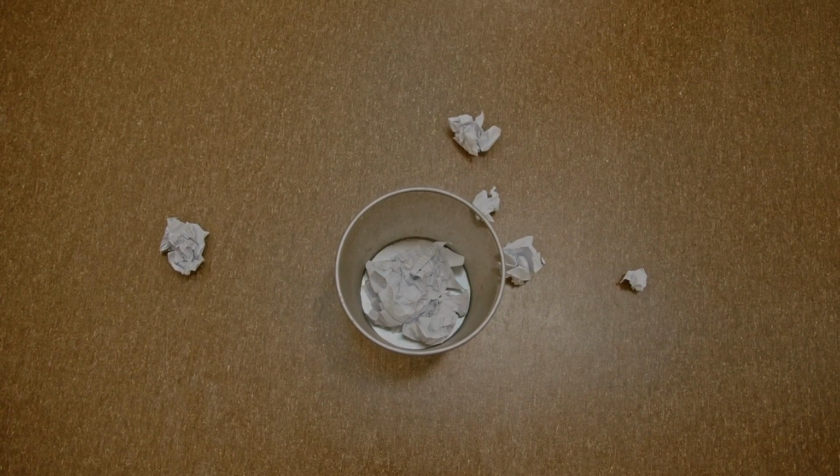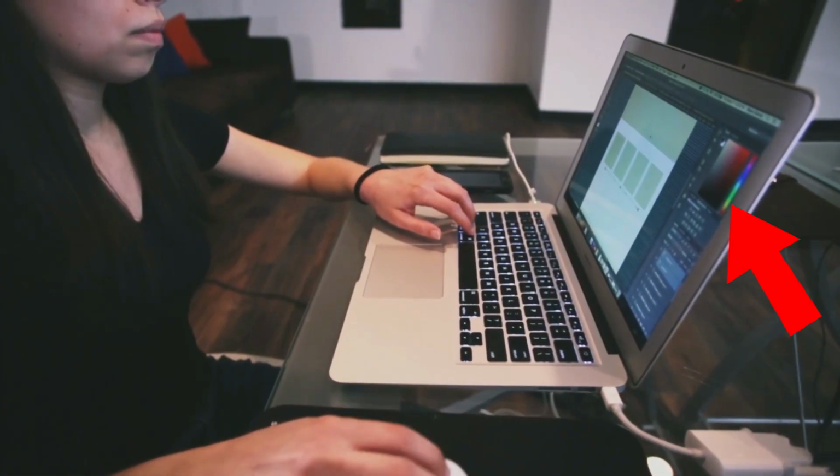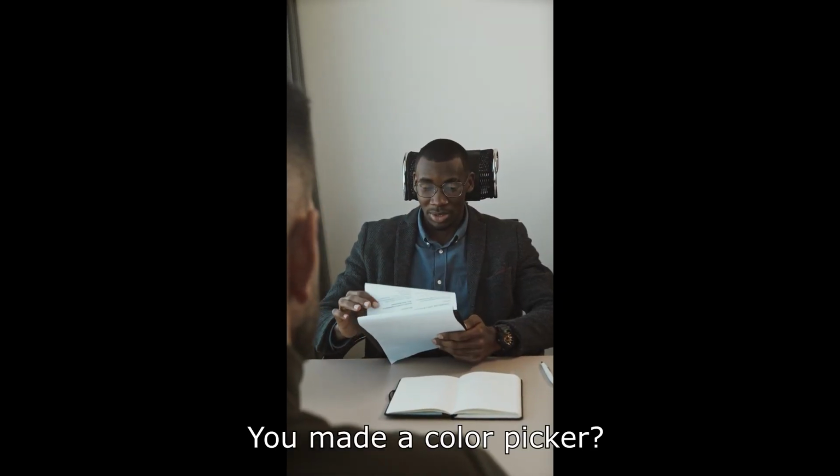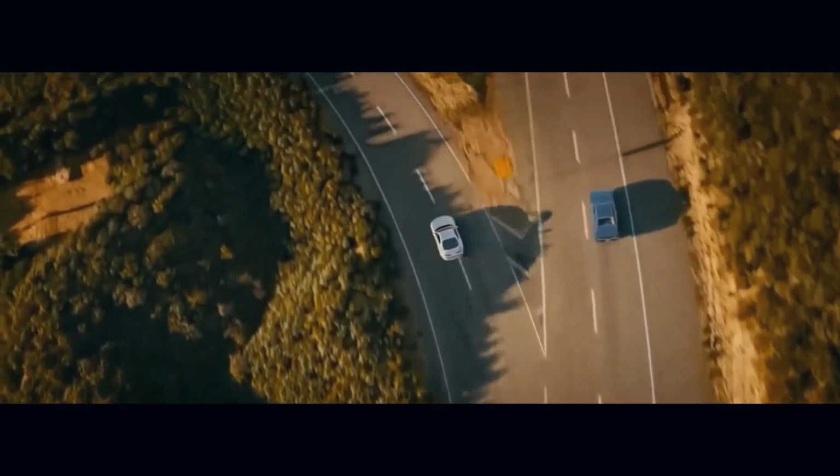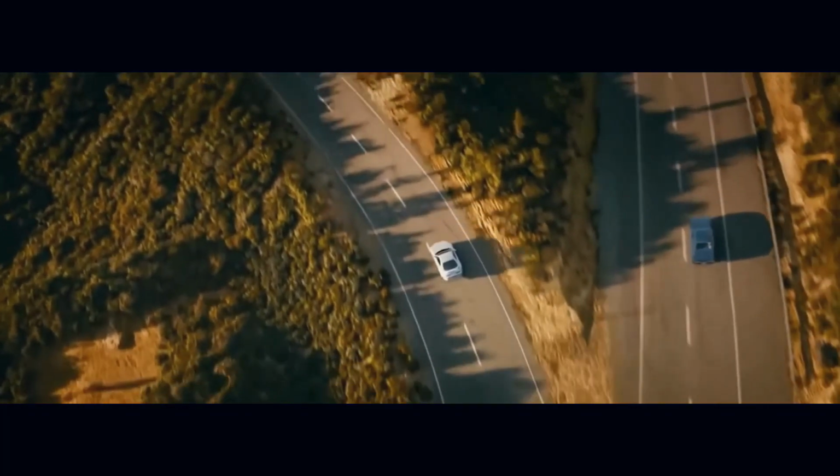So, there's this project I did in the past that I've been meaning to redo. It was a color picker that I made in JavaScript. You've probably seen one if you've used professional editing software like Photoshop. The project was meant to show off my CSS and JavaScript skills to employers, but instead, it showed me that I still had a lot to learn. So I decided to revisit it to not only do it right this time, but also to see how much I've improved.